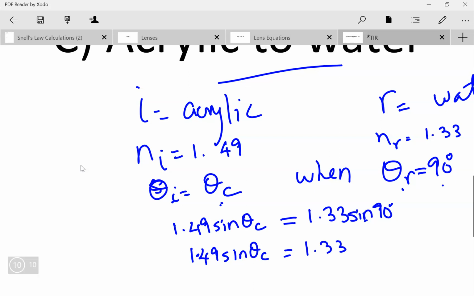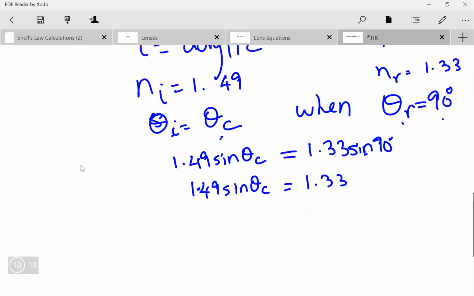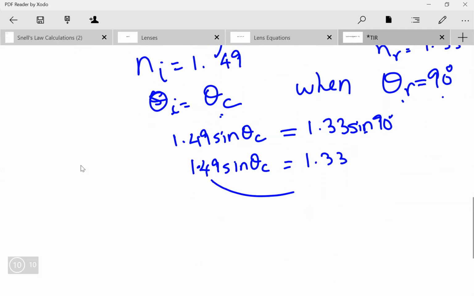Sine 90 is equal to 1. Move the 1.49 under here, so divide by 1.49. Sine theta C equals 1.33 divided by 1.49 is